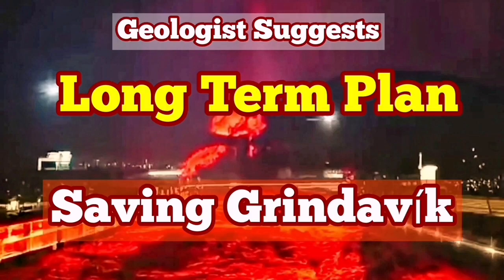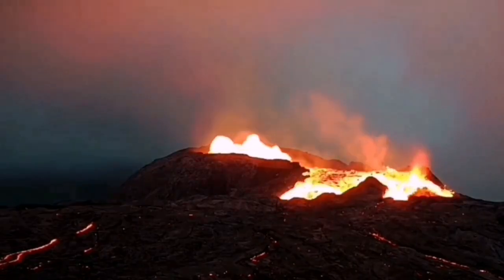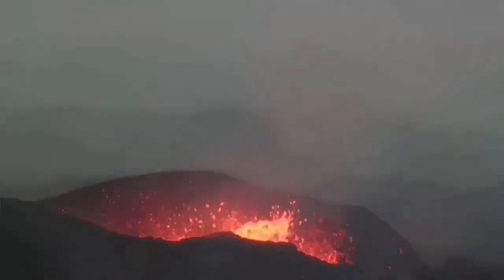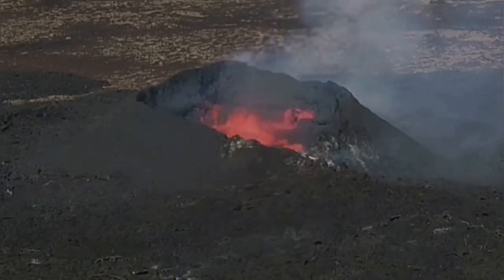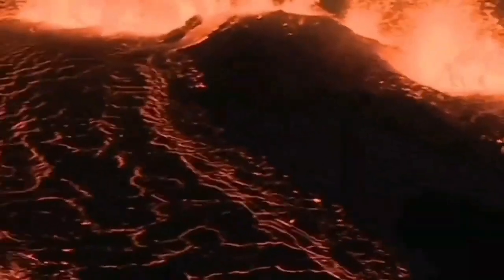Watch this. We have had many eruptions since 2021 in the Reykjanes Peninsula of Iceland. They started in March with the eruption of the Fagradalsfjall volcano, followed by Meradalir and the Litli-Hrútur volcano, which erupted in sequence along the plate boundary in that area. This is a new volcanic system. Then we had the eruptions in the Svartsengi area, the first one and the second one, which actually invaded one of the defensive walls, and the third one just in February, which surrounded the Svartsengi Blue Lagoon